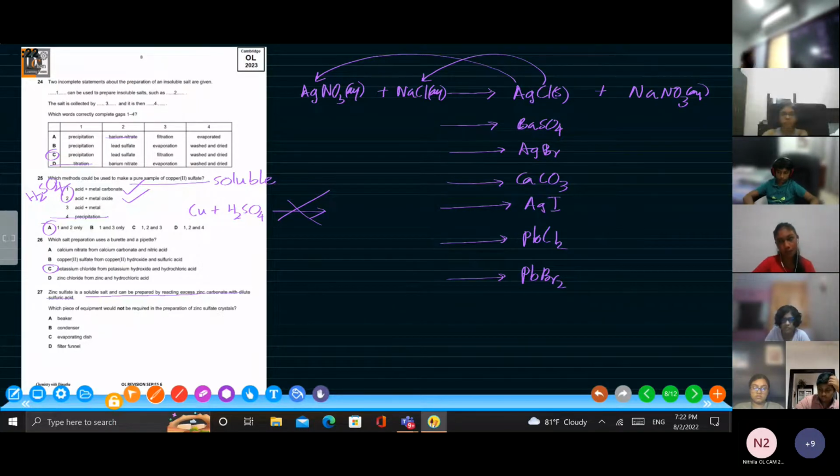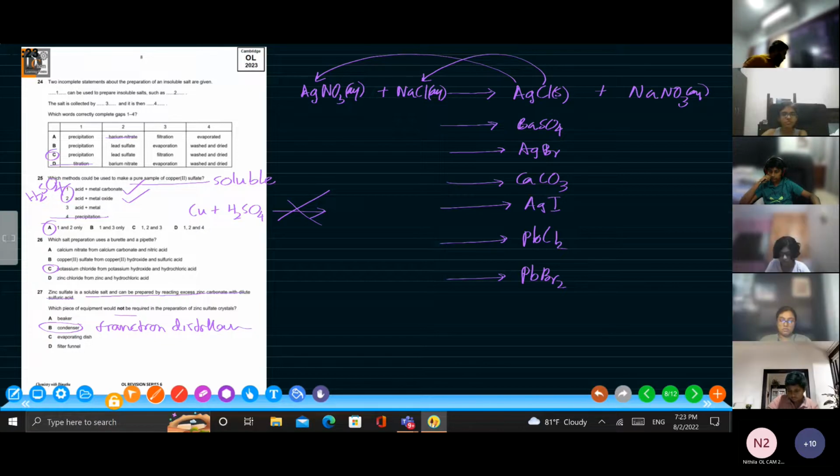Which piece of apparatus would not be required? And you don't need to use the condenser. This is fractional distillation. But the evaporating dish, filter funnel, all are needed. Therefore, the answer is